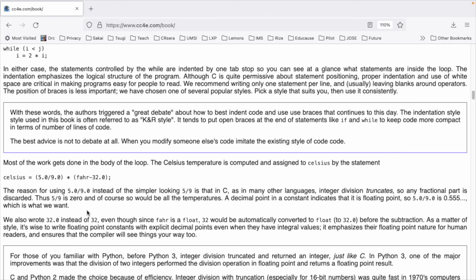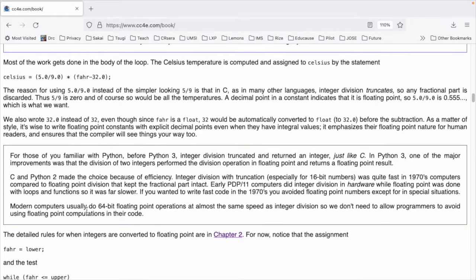Back to the text. Most of the work gets done in the body of the loop. The Celsius temperature is computed and assigned to the Celsius variable by the statement celsius = (5.0/9.0) * (fahr - 32.0);